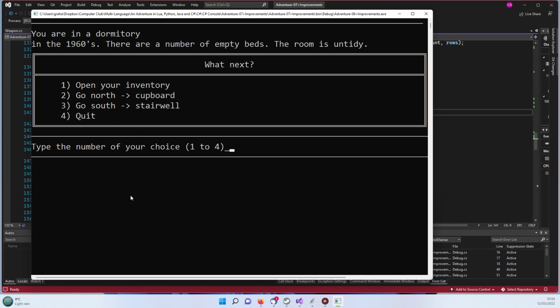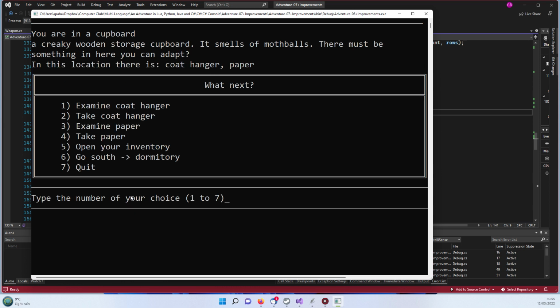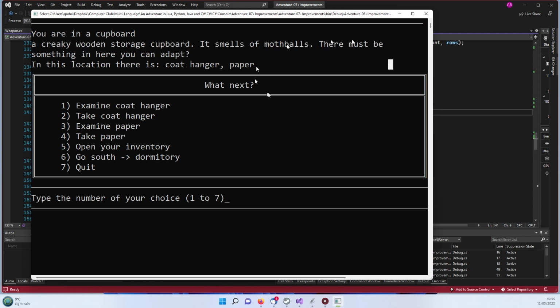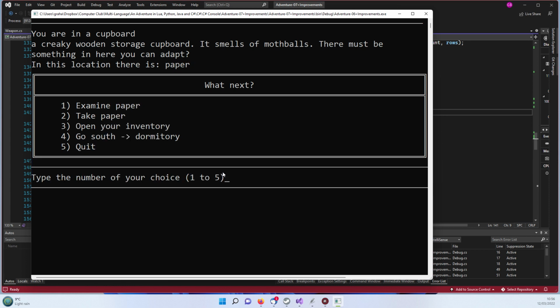Let's go north to the cupboard. So you use the rusty key to enter, and inside again, cupboard, tells you about the cupboard. Is there something in here you can adapt? So you've got a much longer description which now spans 2 lines, and that's all been neatly accommodated in the code there. Then we can again choose these items. So let's take the coat hanger, and we'll take the paper,